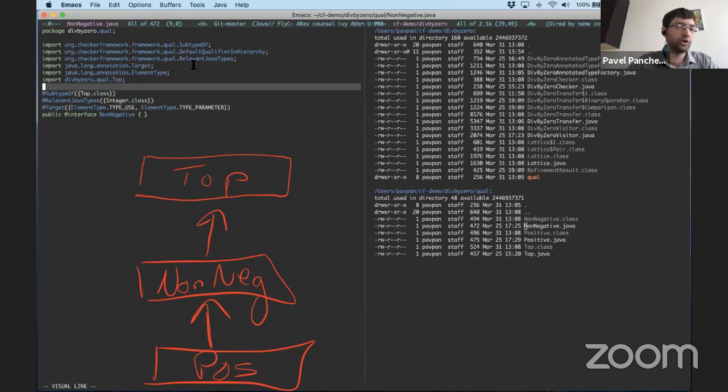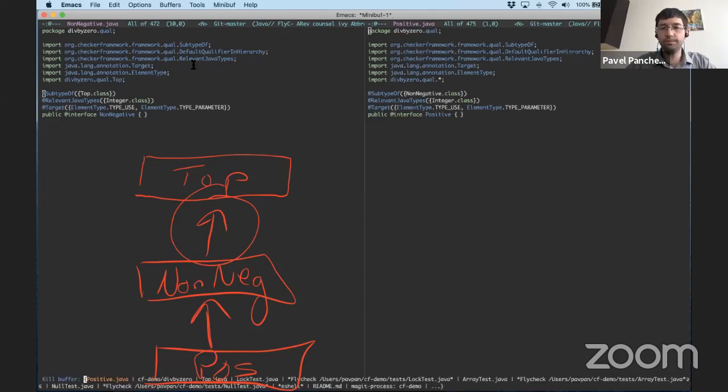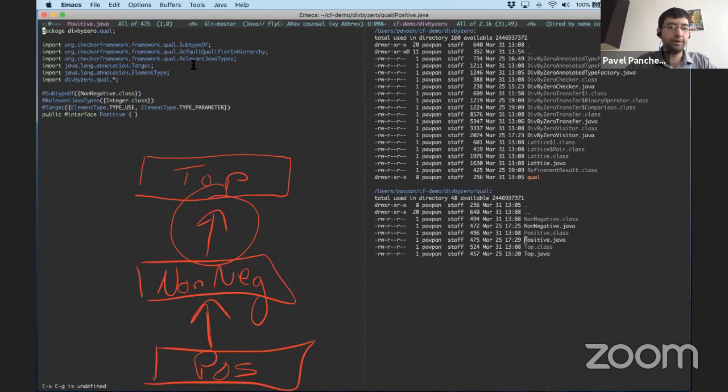There's no annotation of default qualifier in hierarchy because non-negative isn't the default. There are some things that aren't non-negative. Instead, I say that it's a subtype of top, and that defines this arrow here in the lattice. And then if we go into positive, we'll see something that looks quite similar, where it says that it is a subtype of non-negative.